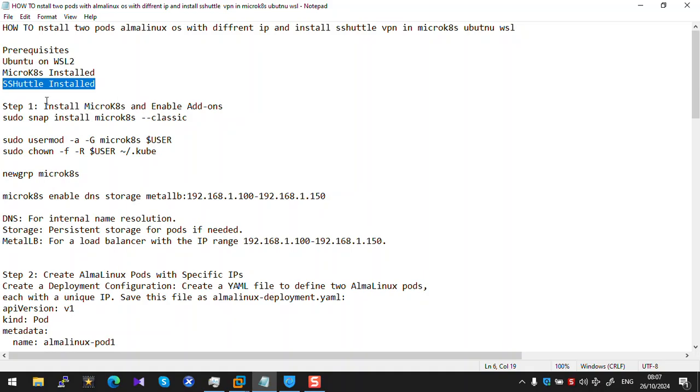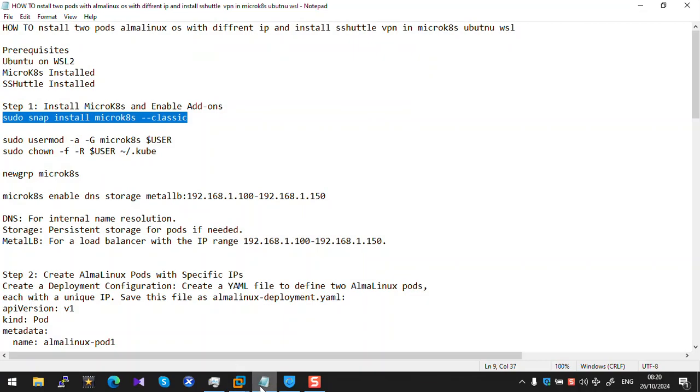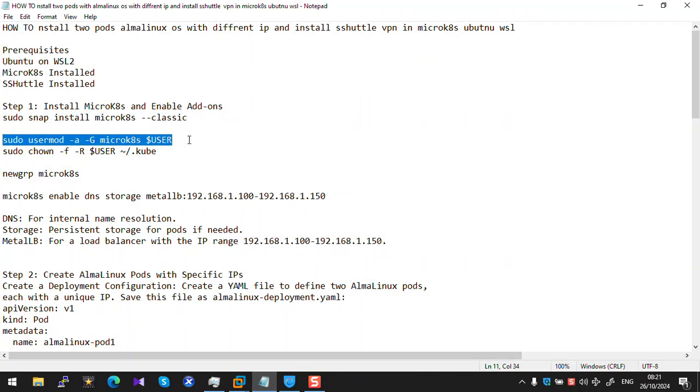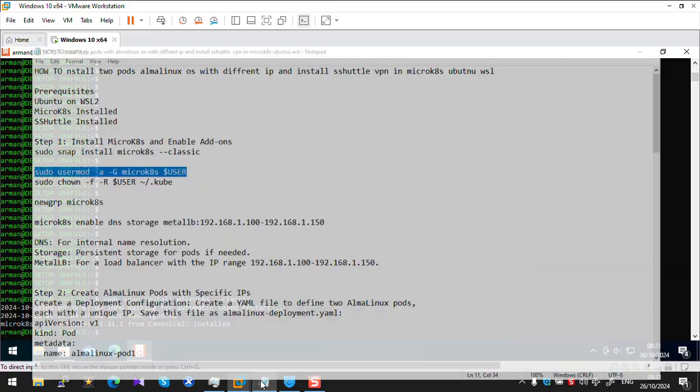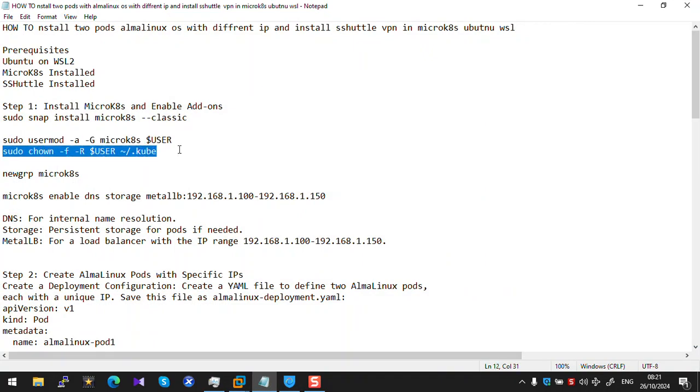Step 1. Install microk8s and enable add-ons. Use this command: install microk8s classic mode. Copy this command and paste here and wait to install microk8s. After complete install microk8s classic mode, use this command for user mode set microk8s and use this command